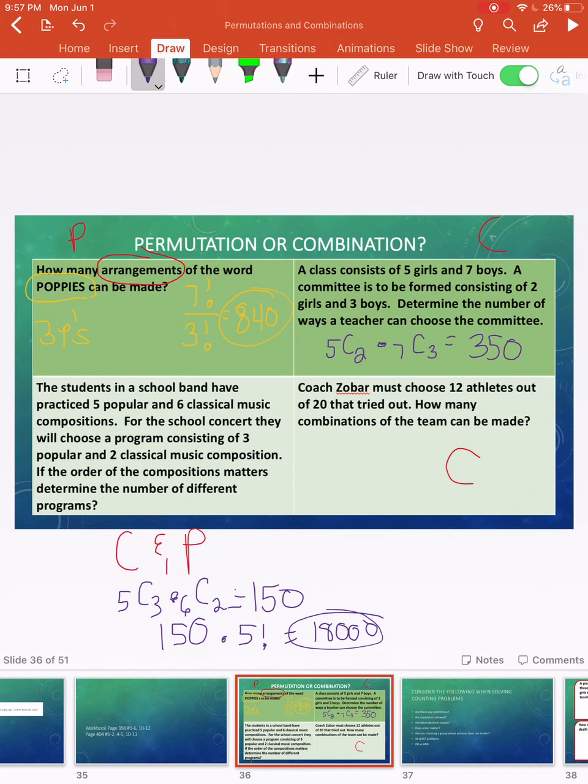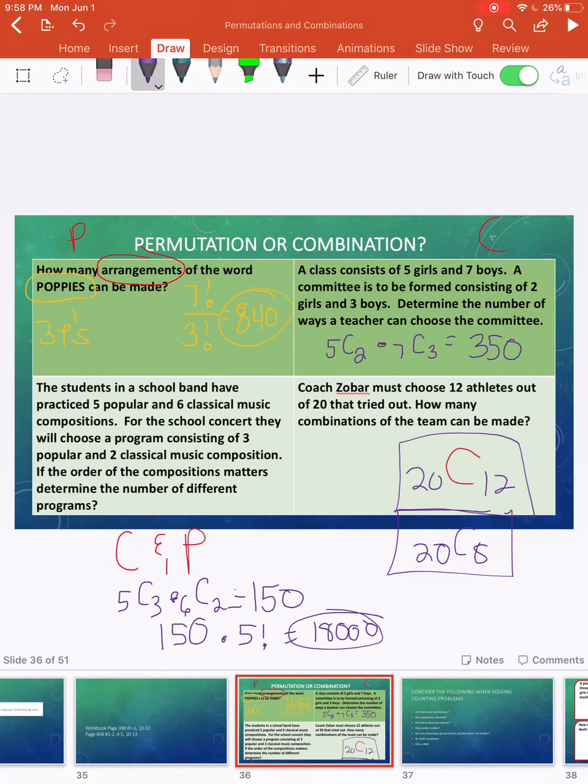So we know this is a combination. We're choosing out of 20 athletes, we're choosing 12. So we're just going to type 20 choose 12. Remember, this is the same as 20 choose 8. The reason being is in option A, you're choosing 12, but you're also not choosing 8. Here, you're not choosing 8, but you're also choosing 12. That's why they're the same, and we talked about the algebra in the last question, in the last slideshow, I